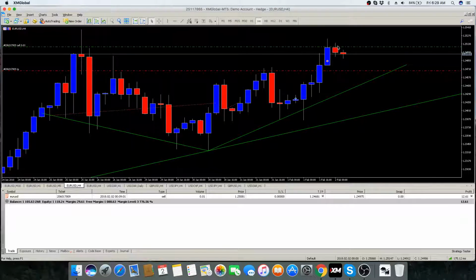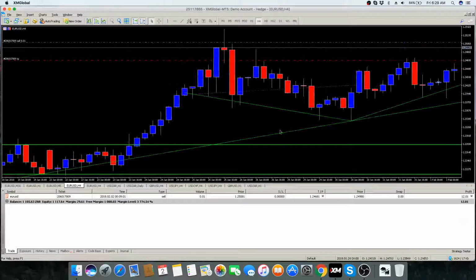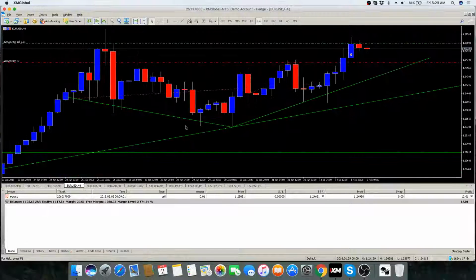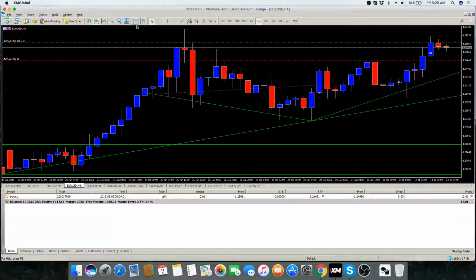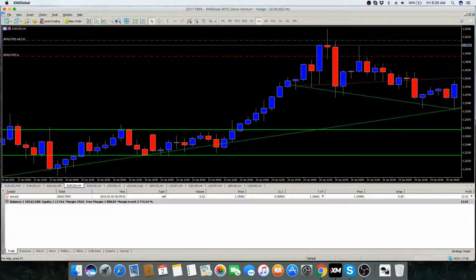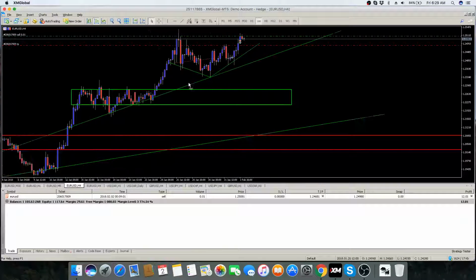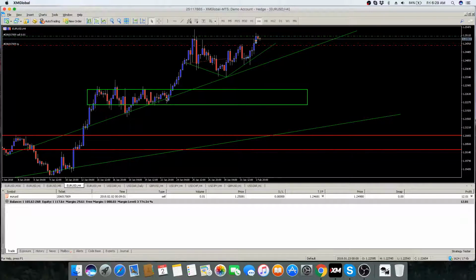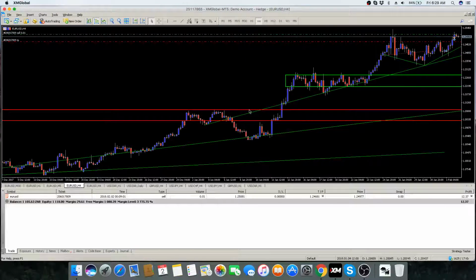So basically we're going to consolidate a little bit here, I believe, because it's a Friday and most people are going to take profits quickly from this run. A lot of retail traders are going to take profits. Some long-time people are not. They're probably still buying from way down here. Let's see now. You can see this better. Some people are probably still buying from down here. So yeah, or here even.